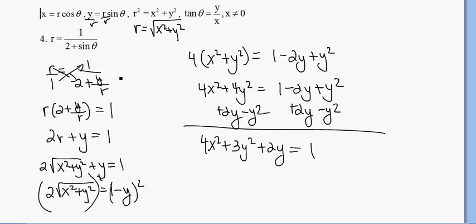So I could have, at one point, r is equal to 1 over 2 plus y over r. I could have multiplied top and bottom by r and got r is equal to r over 2 plus y, and then cross multiplied, 2r. But I just introduced more r's to the problem, and the whole goal of these problems is to get rid of your r and your theta. So by now I only had 2 r's in this situation. Right over here I only had 2 r's,